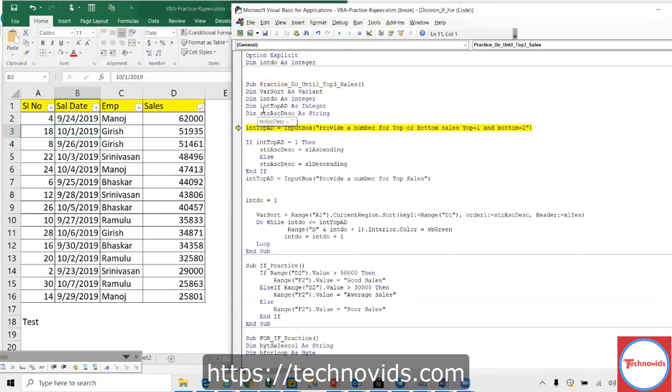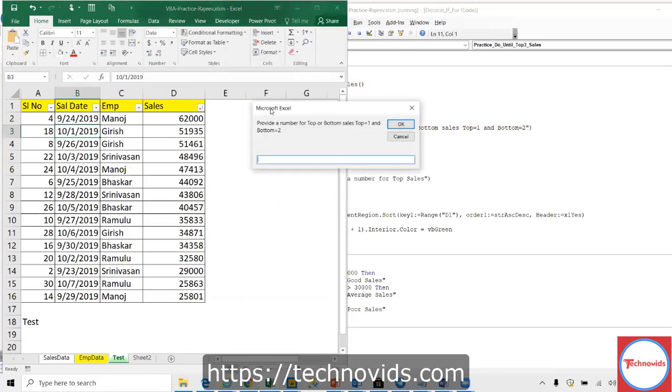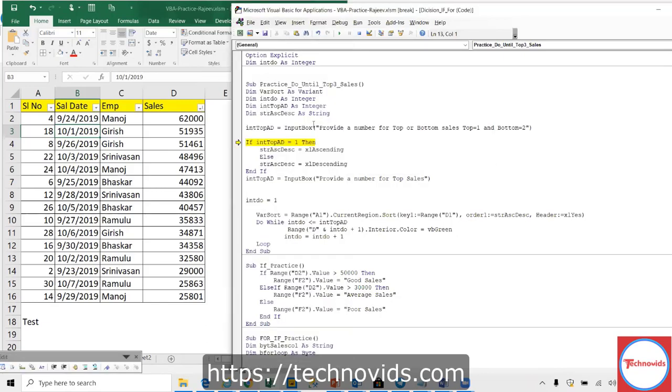Okay, input box. Here I am prompting the user: top is equal to 1 and bottom is equal to 3. So top we have done. Let us do bottom. Two is descending.